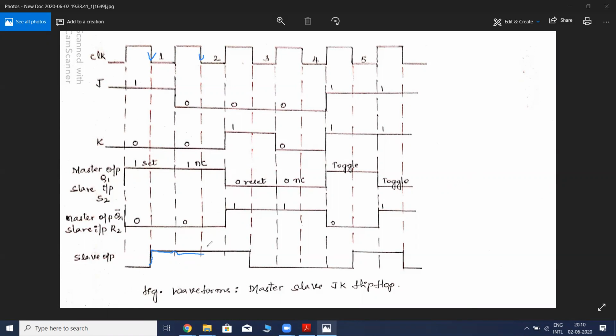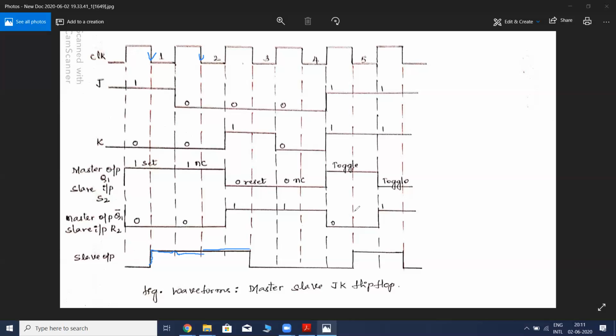During this time, again it is going to copy the master. At this time the master is 1, so it continues to be in the set state. Okay, and then it is going to change. So there is a small delay between the master and the slave over here. When we do this, we are going to overcome the toggling problem, that is the race around condition, we could